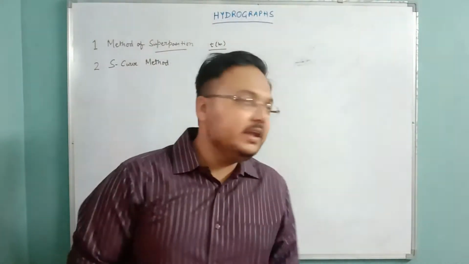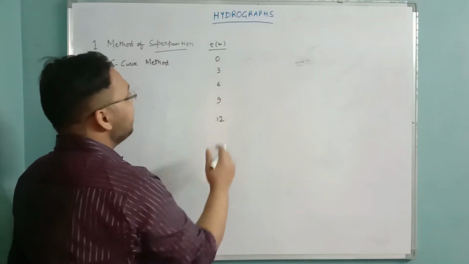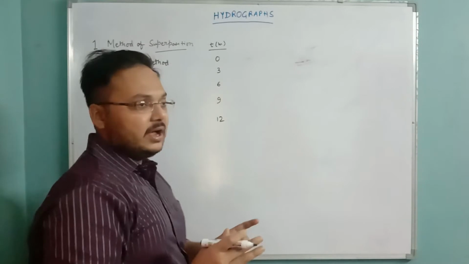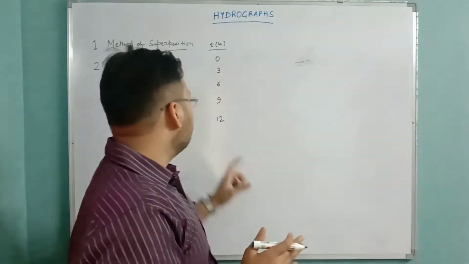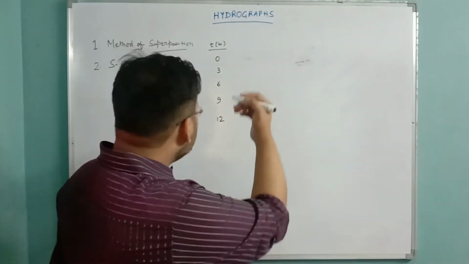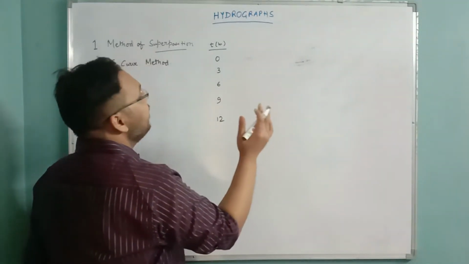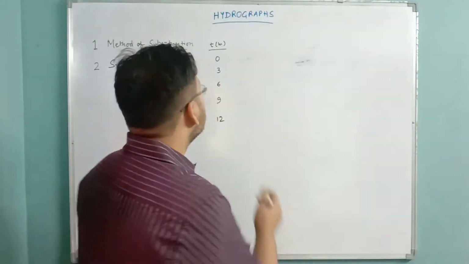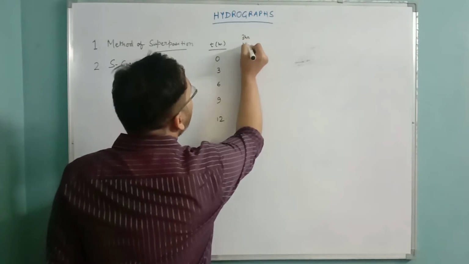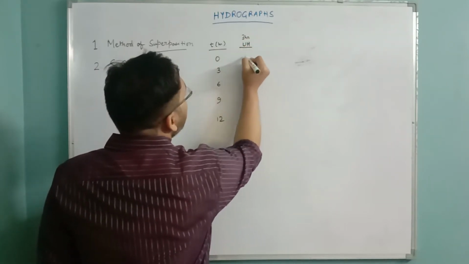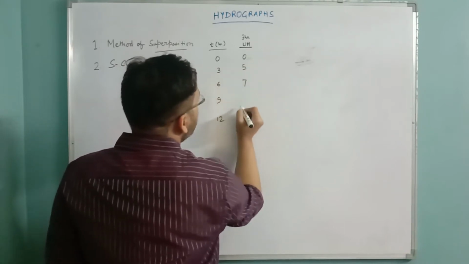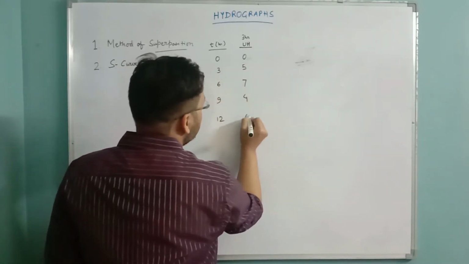To answer your query, let us take this particular example. Because 0, 3, 6, 9, up to 9 hour the hydrograph was going to be very small, I just extended it by one more step, up to 12 hours. Now just do the same thing that we were expecting to do for an S-curve. So these are the durations, and we have our 3-hour unit hydrograph over here, suppose it is 0, 5, 7, 4, 0.